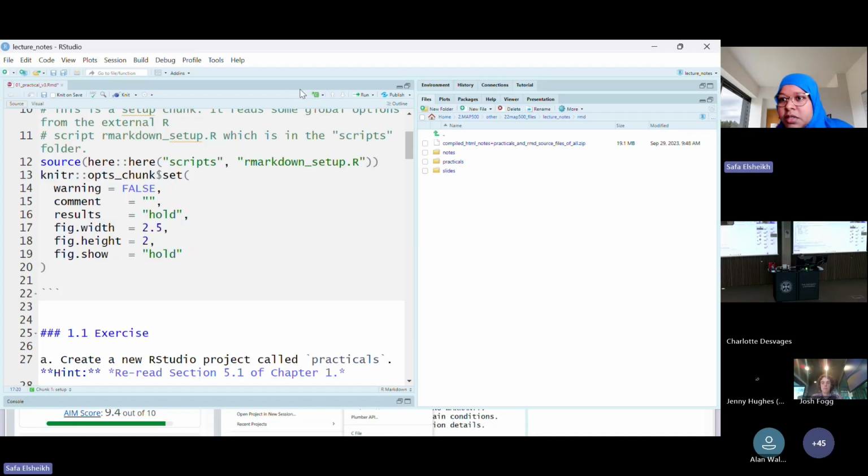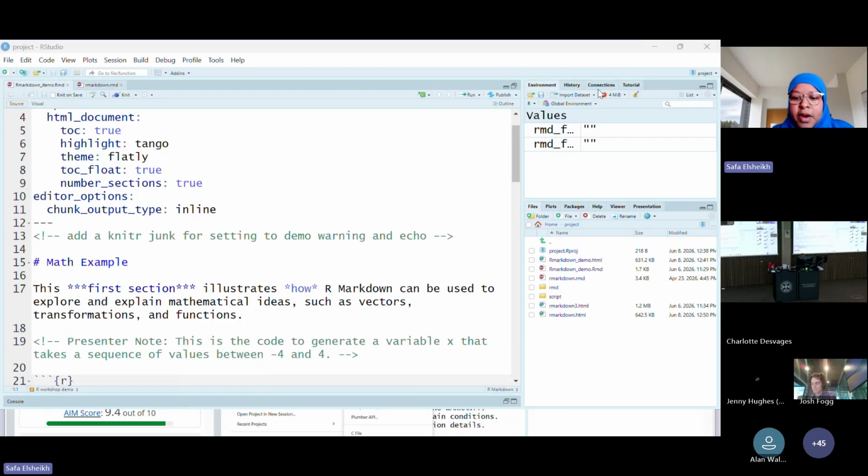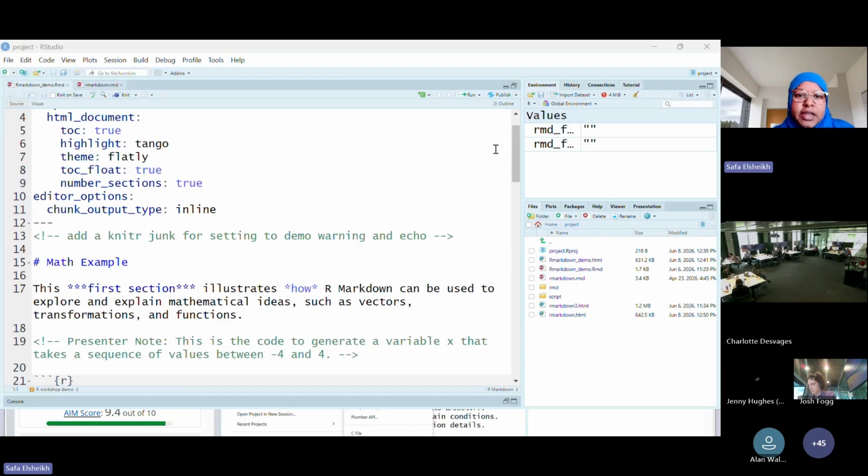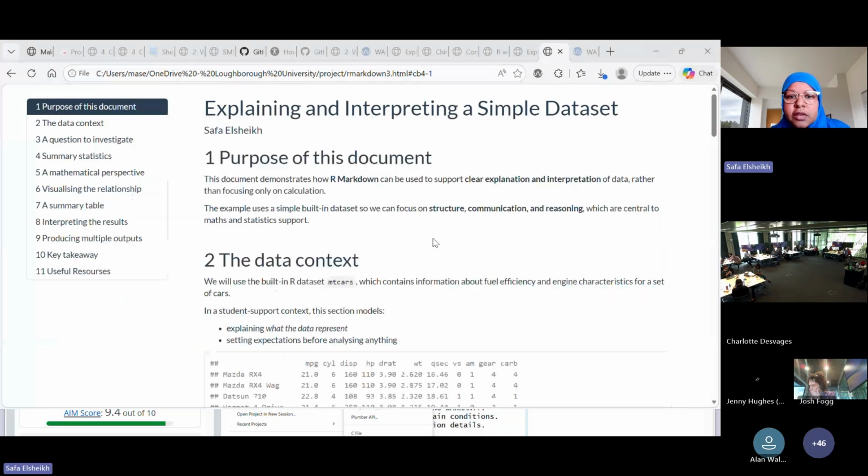So another, this is something related to R. The module is teaching students some data science skills on how to work with R and how to clean data and transform data. Another example of creating material generally, like data or general material not depending on R. So if I show you, for example, this one,